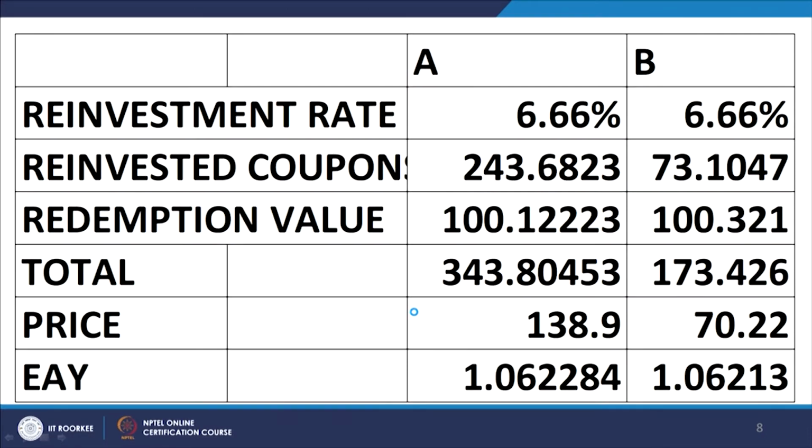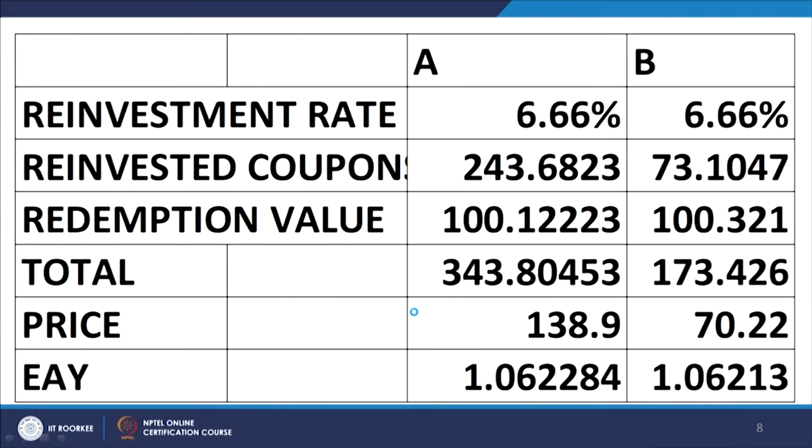Now, the redemption value, as I have worked it out backwards, and in order to account for the rounding off that is done while representing YTM, has been slightly adjusted. It seems that it would be at face value of 100, but to account for the rounding off of YTM, we take the redemption value as 100.12223 in the first case and 100.321 in the second case. The total value is